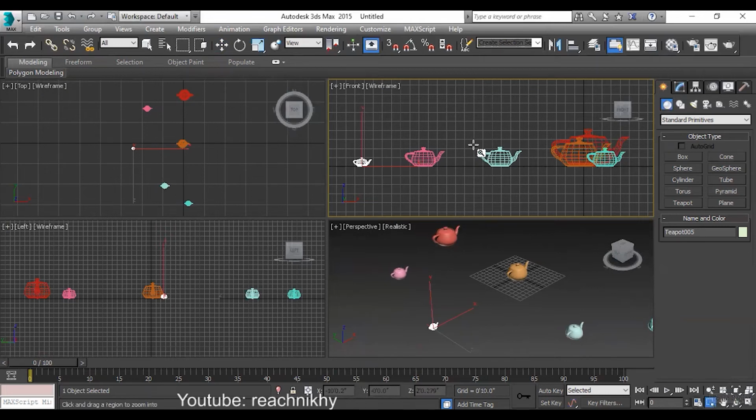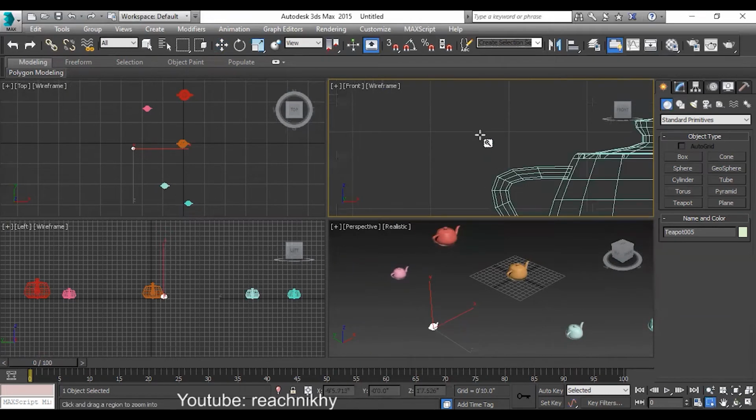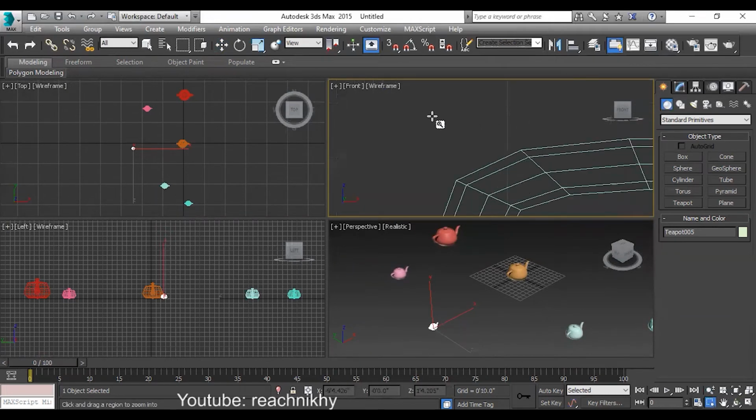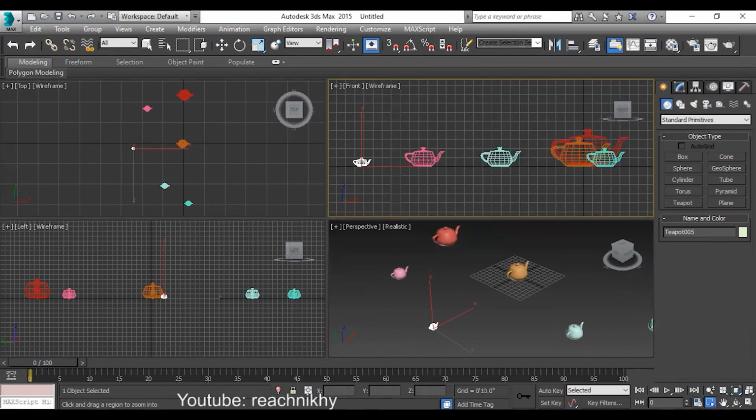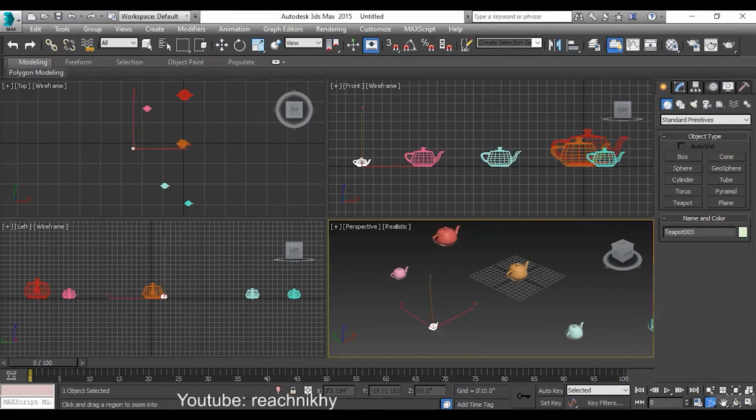Zoom region means just drag a region here, you're getting it like this. This is what your zoom region is. Okay, so then again come back to here or just click over here and again press this one, zoom extends, you get it back. As simple as that. So come to here, you can use the same tool by clicking and going back to this option. So there you got your zoom region in the same.